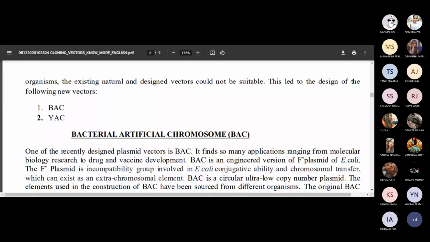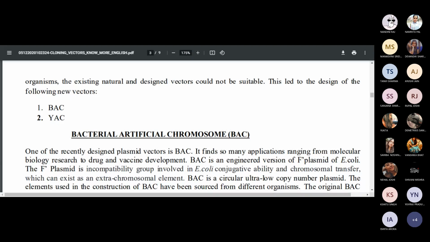So first we make a library of a bit larger fragments. Then from that larger fragment, we again make a library so that handling becomes easy. It is like when you go to a library: instead of going to an individual book directly, first you visit the section, and then in the section you reach the book. So we again do a sectioning here.